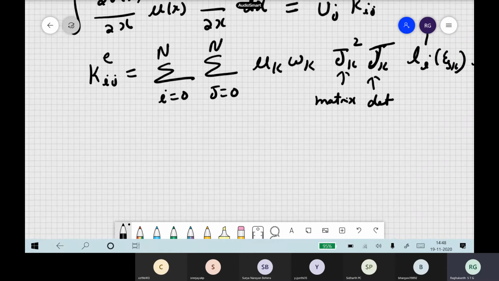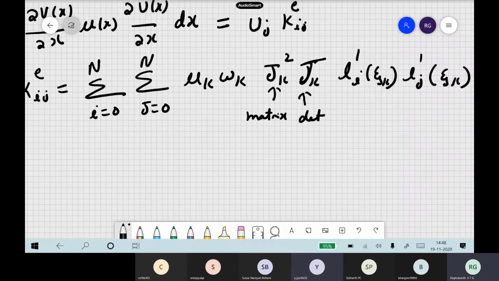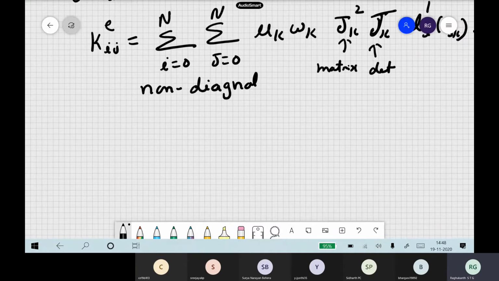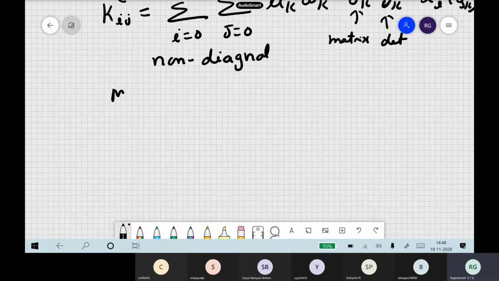Okay, so is our stiffness matrix diagonal or non-diagonal in spectral element? It is basically a non-diagonal matrix. So the advantage is mass becomes diagonal and stiffness becomes non-diagonal. So now once you have the mass matrix and stiffness matrix, you can also find out the nodal force vector. So finally, you followed, right? My equation becomes M u double dot plus K u is equal to f of t itself.